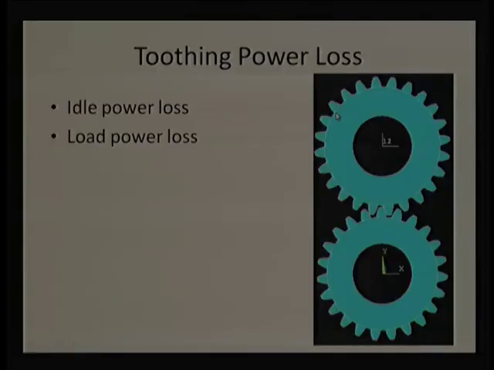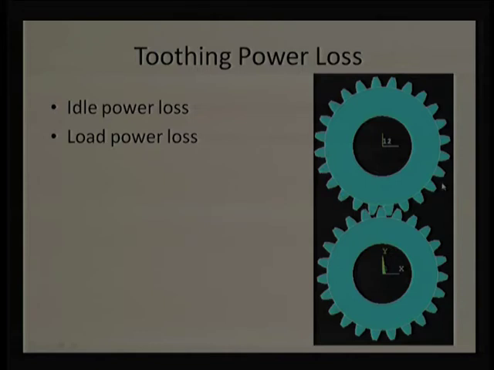So, this is one of the major factors in power loss. When we talk about the gearbox, there will be shafts and bearings and all, but when we just talk about the gear pair, the contact is happening only at the tooth. Naturally, there will be a toothing power loss. Otherwise, if we talk about these tooth surfaces, they are not under load. So, power loss due to the load will happen over here only, while power loss without load will happen on